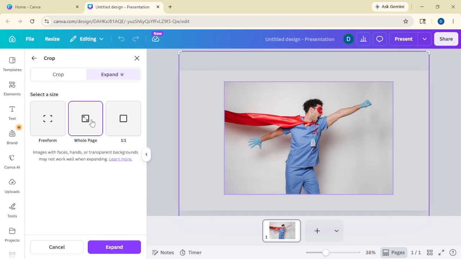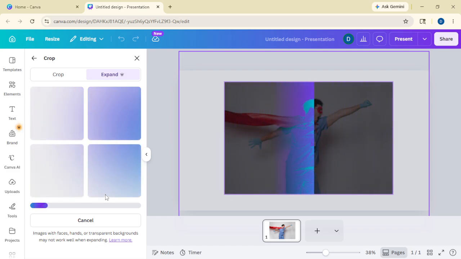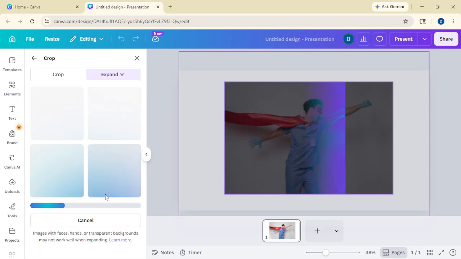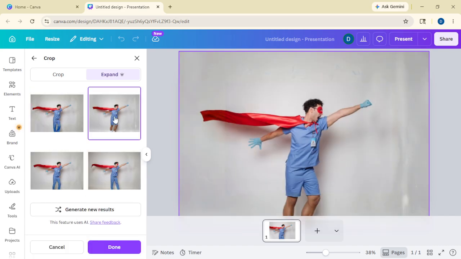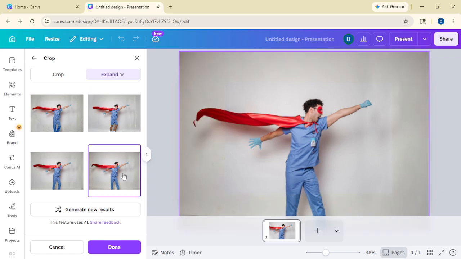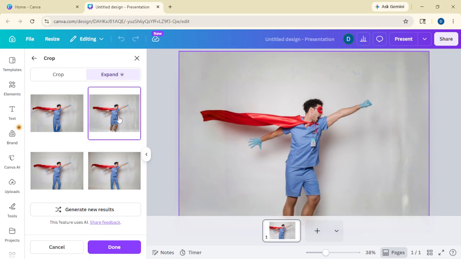After selecting the size you want, click on Magic Expand. Canva will begin generating 4 different expanded versions of your image. Take some time to look through the results and choose the version that works best for your design. If none of the generated versions look right, click on Generate New Results to have Canva create another set of 4 options. You can continue generating new versions until you find one that matches the look you want for your image. And that's how to use Magic Expand in